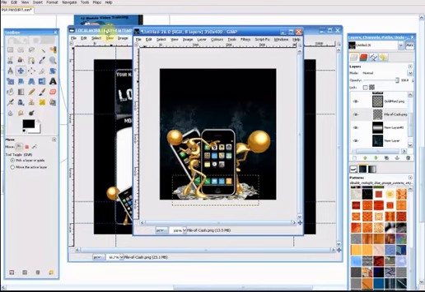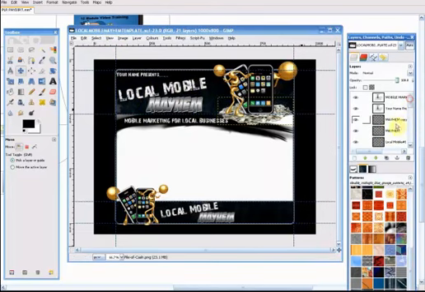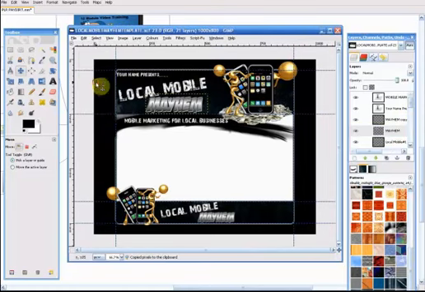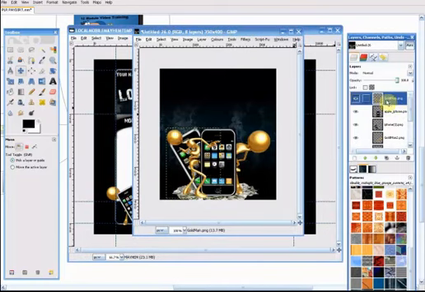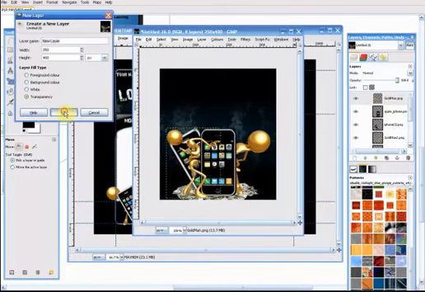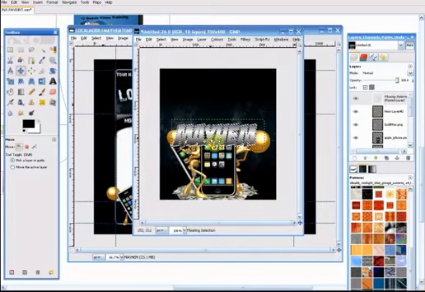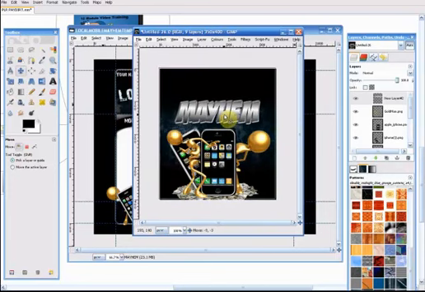Okay, the next thing we want to do is add our headlines here. So in this case we will copy that. So if we go Edit, Copy, and then go back to our graphic and create a new layer and go Edit, Paste, there we go. And if we just move that into position there, like that,